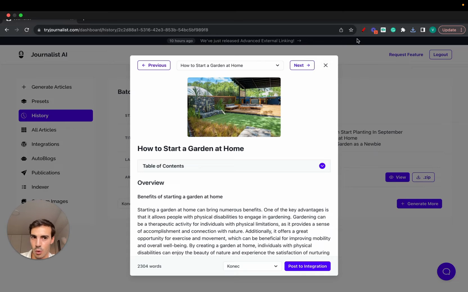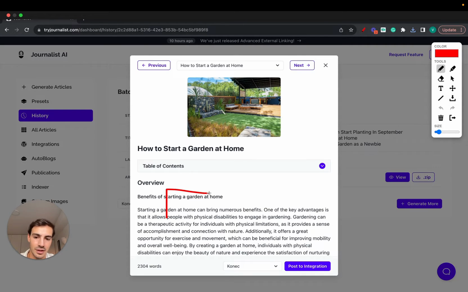First, before I show you how you can use it, let me tell you why you should do it. I give this analogy often, but think of this as a stair, and think of this as success right here. Let's call success money. And the reality is that if you're not leveraging AI, you're starting from down here. Why? Because people that are leveraging Journalist, this AI tool that I'll leave a link to in the description,